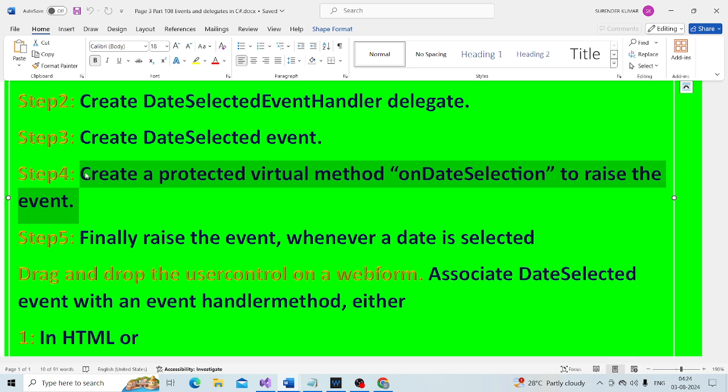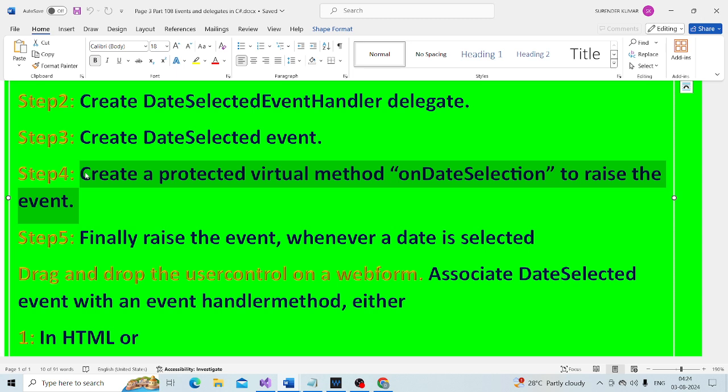Create a protected virtual method on date selection to raise the event. Now we can raise the event directly, but we spoke about why it is very important to use this protected virtual method to raise the event rather than raising it directly, in the previous session.